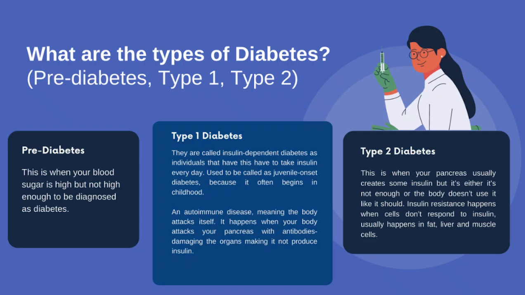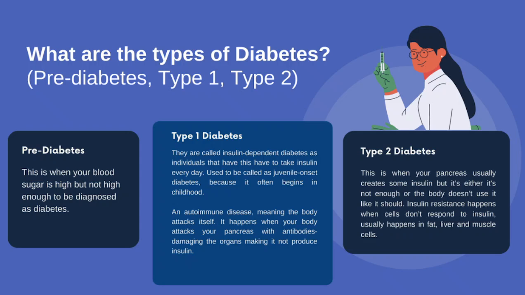Lastly, we have type 2 diabetes. This is when your pancreas usually creates some insulin, but either it's not enough or the body doesn't use it like it should. Insulin resistance also happens when cells don't respond to insulin. It usually happens in fat,